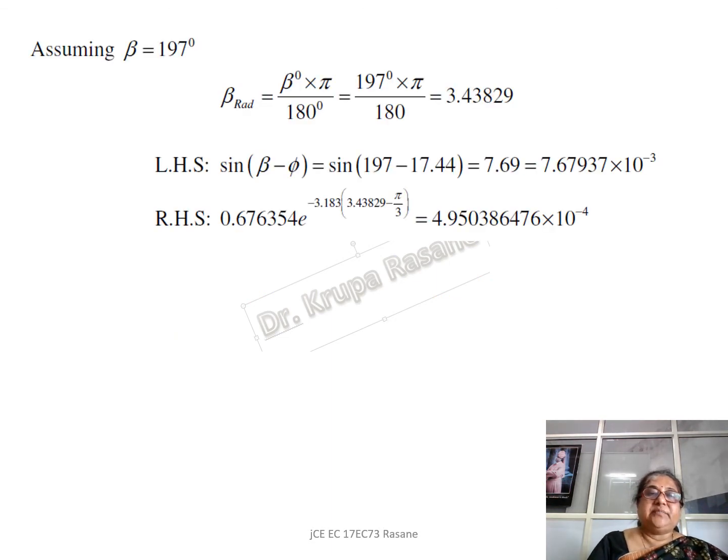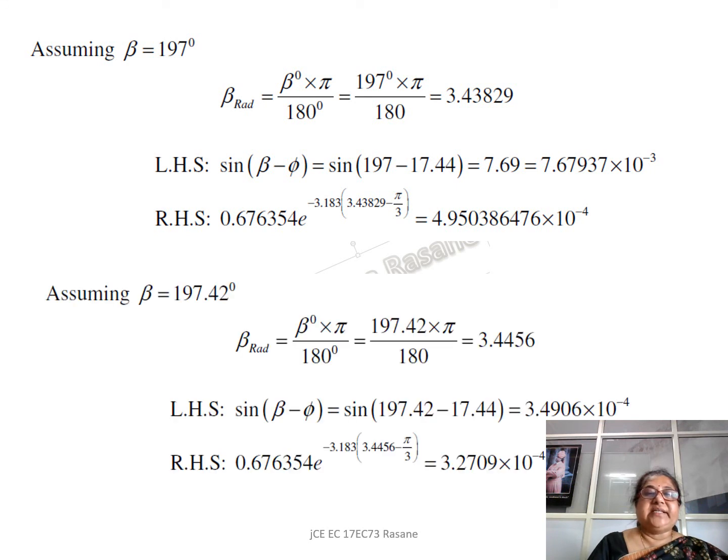So next, again I have taken the value of 197 for beta, and again evaluate the left hand side with the right hand side. You see there is still a difference between the left hand side and right hand side, and you can slightly increase this. Don't increase it more because there is not much difference. So increase it by some small value. And when you do this, you will realize that the left hand side is almost equal to the right hand side. If you want, you can further iterate, or you can even stop at this point of time.